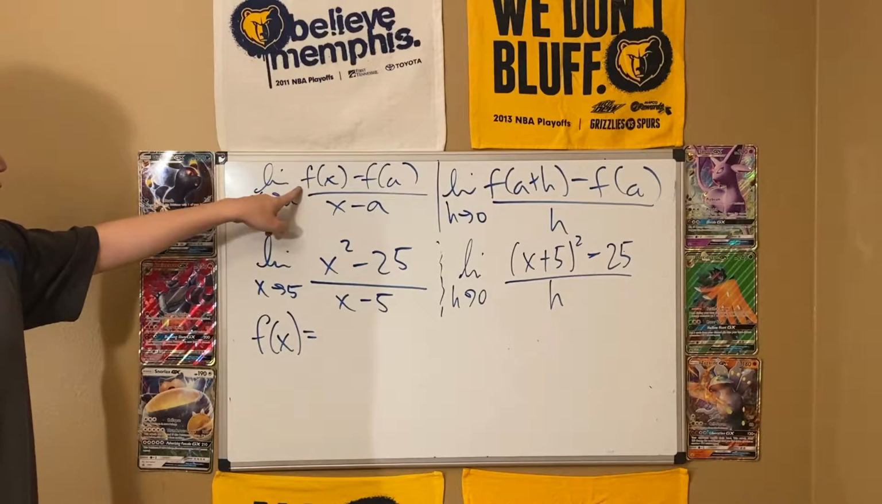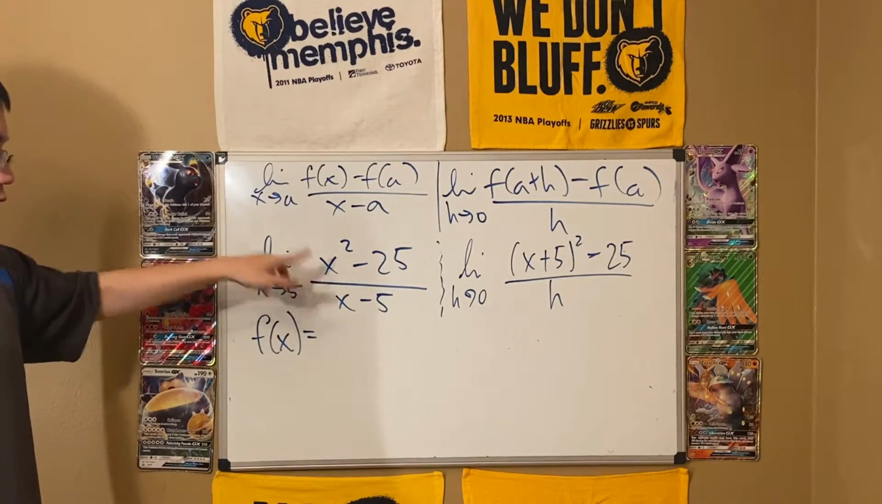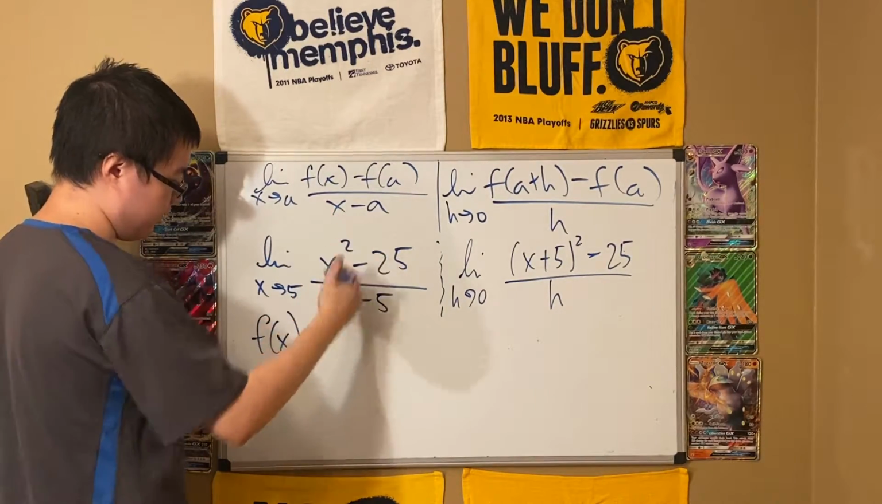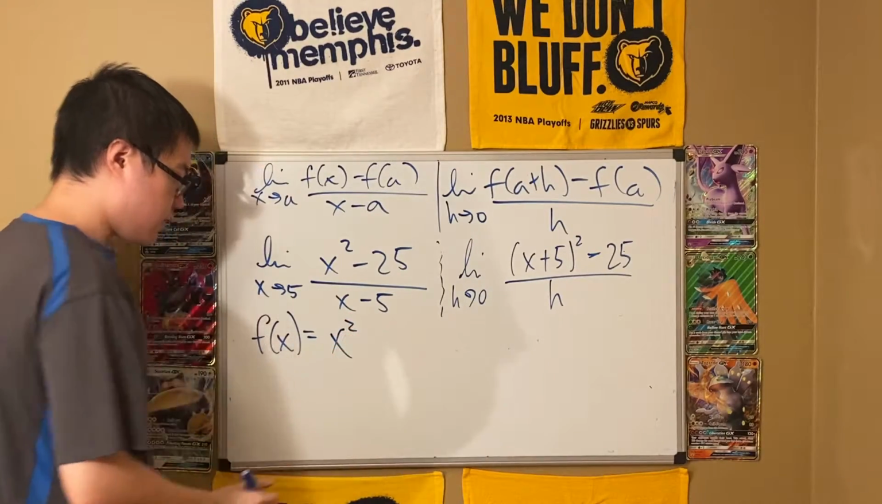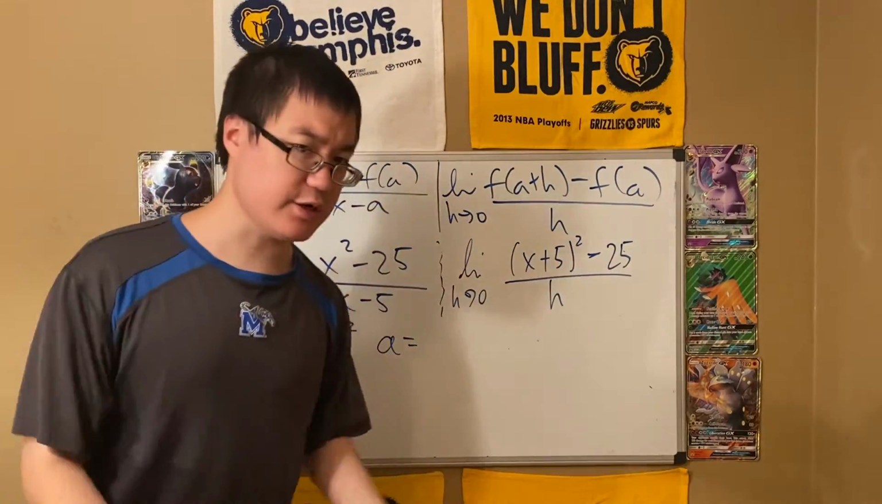Because notice the f of x is sitting right there. It's looking at us. Even if we try to cover our eyes, it's still looking at us. It's like the Mona Lisa, right? This function is always just sitting right here. It's just x squared. Then we have to identify a number, but the number is even easier to identify because